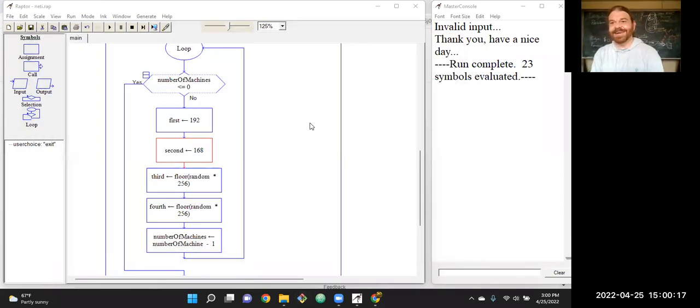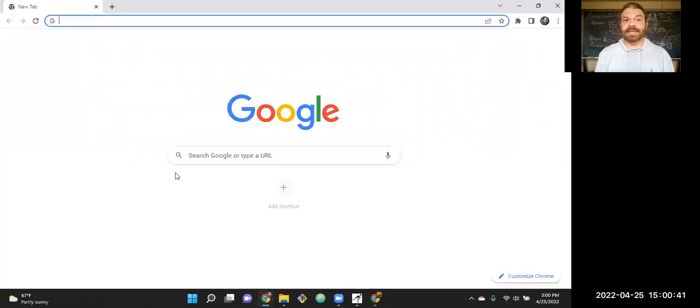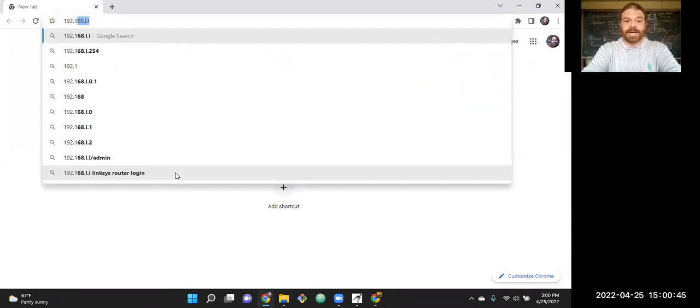My router thinks it's more than one machine. But in general, if the address starts with 192 and 168, that is the address assigned from your local router. And you can check that on your machines if you look at your local addresses, or you may have seen this before. If you need to access your router, your configuration protocols, you always go to a browser and type